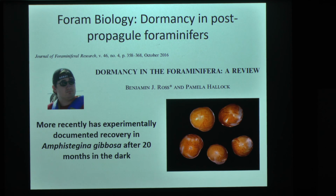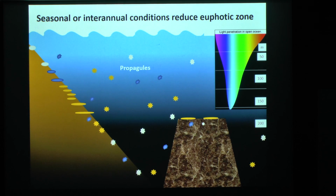Anyway, we know that they can just shut down. Not just the dormant propagules, but the adults can shut down for as much as a couple of years. And so if you have seasonal or interannual conditions that reduce the euphotic zone, and one of the things about these larger forams is that they lived at much higher latitudes when the oceans were warmer during the